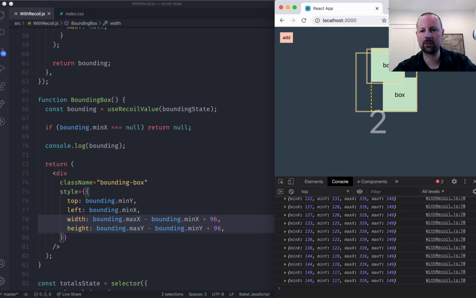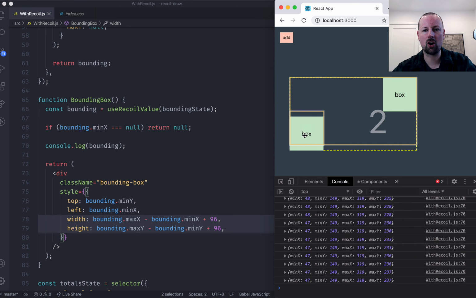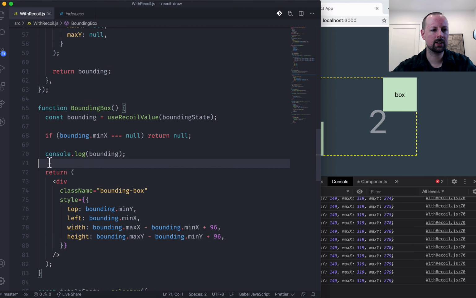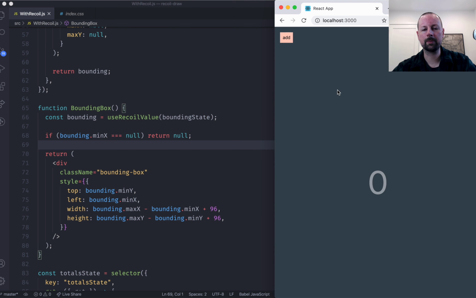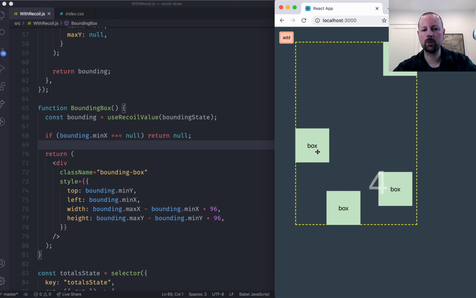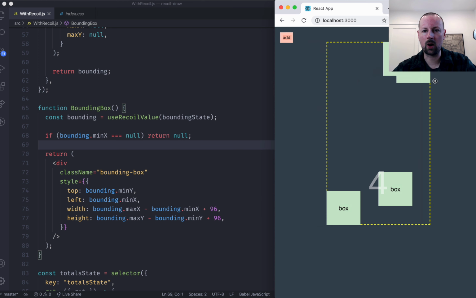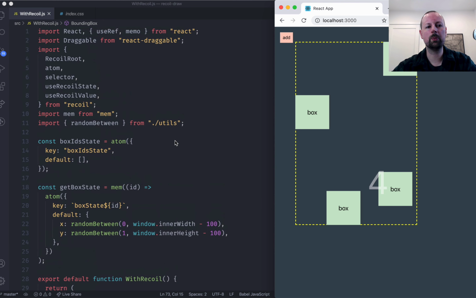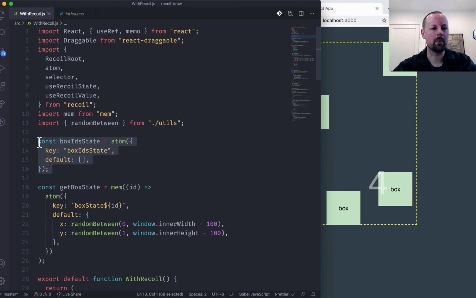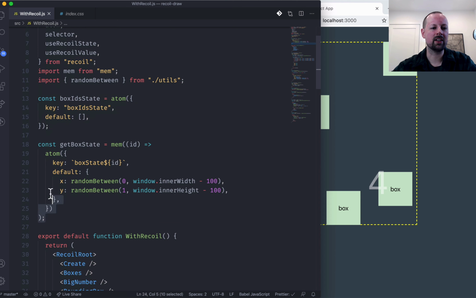So as I drag this around the screen, it's constantly updating. And we'll just get rid of the console.log. Close our console here and add a few. And now it's working. So what we've done is basically we've created 2 pieces of state, box IDs, and then